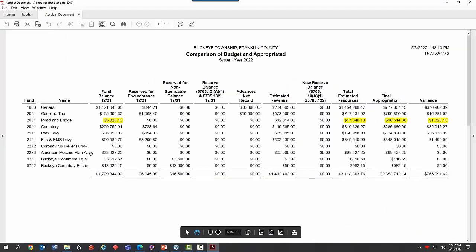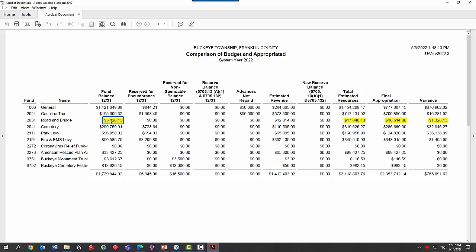Okay, so I have to reduce my Road and Bridge Fund by $1,750. So the good news is I do at least have a January 1st fund balance of $1,750. Sometimes you don't have enough cash at the beginning of the year, and that means your fund is going to go negative. Huge. So you want to look at this to see how bad it's going to be. So I have enough cash.